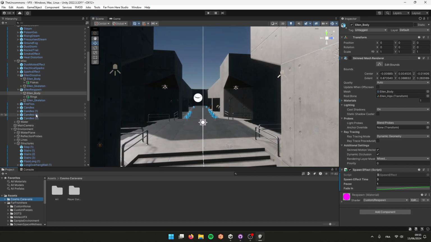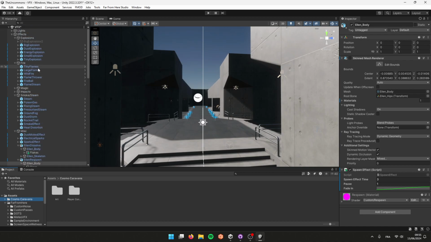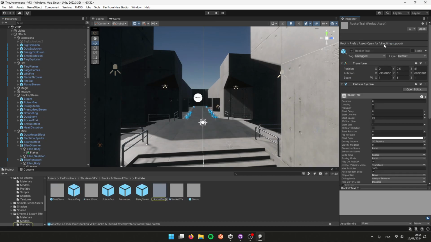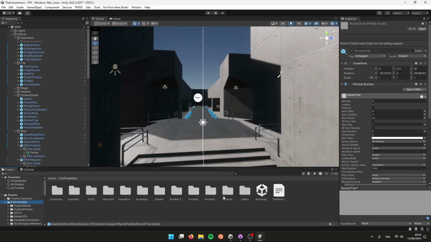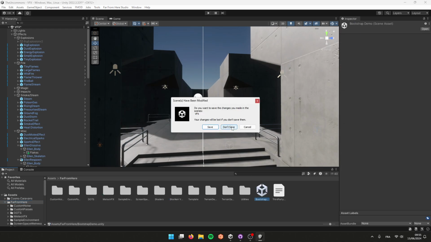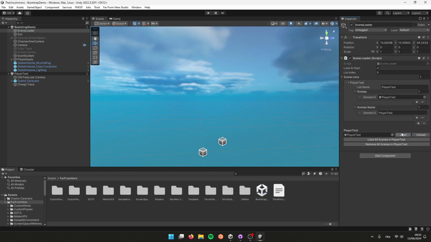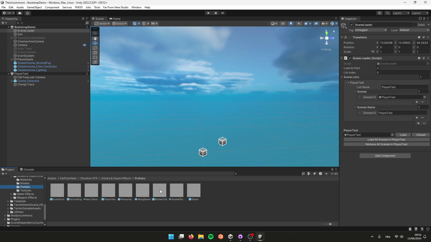Let's already take the rockets, the rocket trail. Everything is stored as prefabs, so we'll of course be able to drag and drop them in. So let's get back to our player test scene, the dev test scene globally. Let's use our new prefabs, rocket trail,